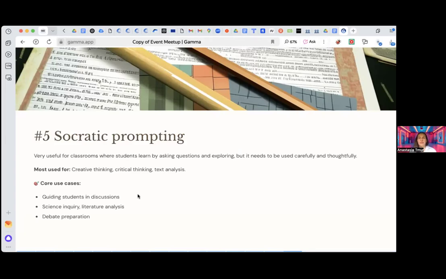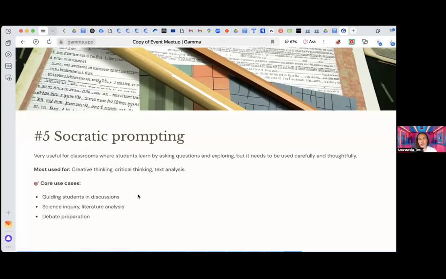They tried to make an AI tutor, and they put the Socratic prompting method inside for their students. And after that, they saw how it works, and there were amazing results. It's very useful for regular classes, for special classes. So it will ask you a question, and it will explore how the student thinks, but it will not give the answer at the same time.